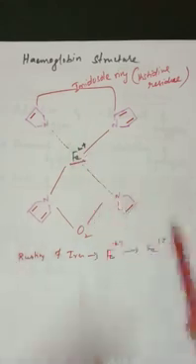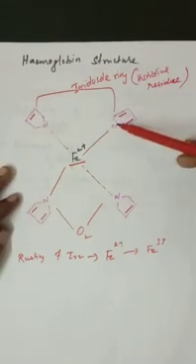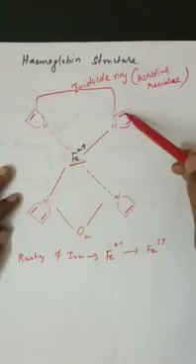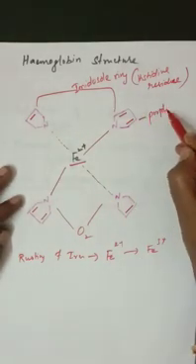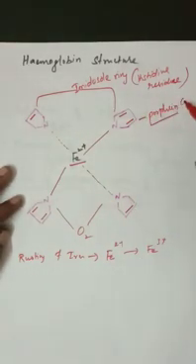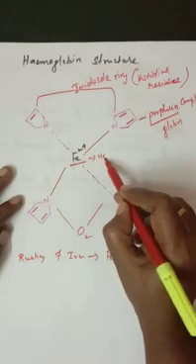This has 4 subunits. What are the 4 subunits? This is nitrogen, nitrogen, as well as nitrogen, nitrogen. These 4 are said to be a porphyrin complex, that is, a nitrogen porphyrin complex. This is also said to be the globin. This Fe2+ is said to be the heme group.